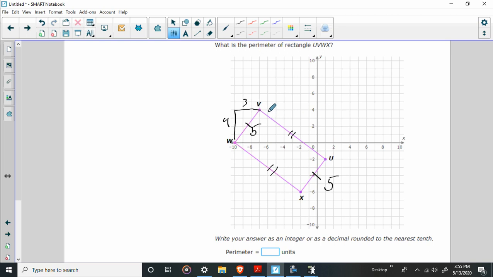It should be anyway. So let's go 1, 2, 3, 4, 5, 6, 7, 8. 1, 2, 3, 4, 5, 6. Again, 6, 8, 10. So what does that tell you? This is going to be 10, 20, 25, 30. So again, if you see that I went up 4 and over 3, you know the properties of